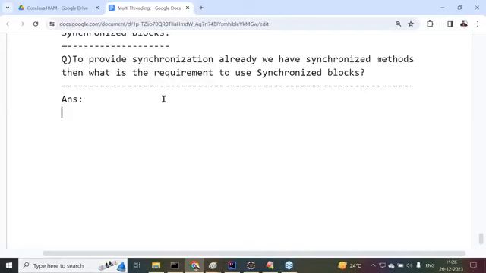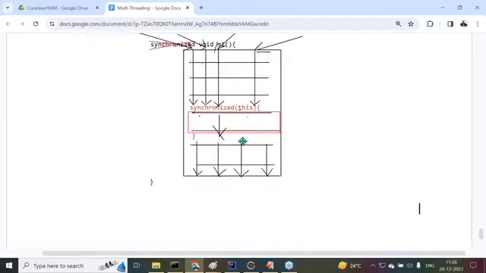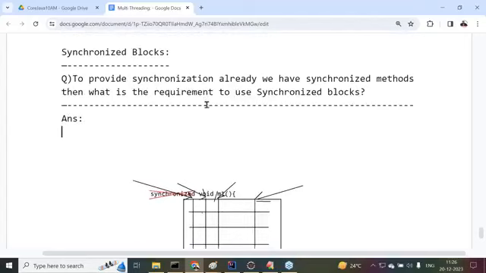Now, let me paste this diagram here. Then after that, I want to give information to you.